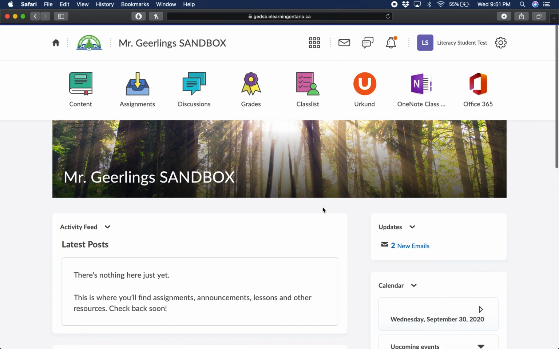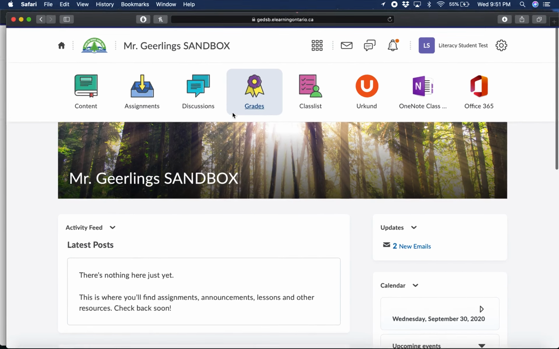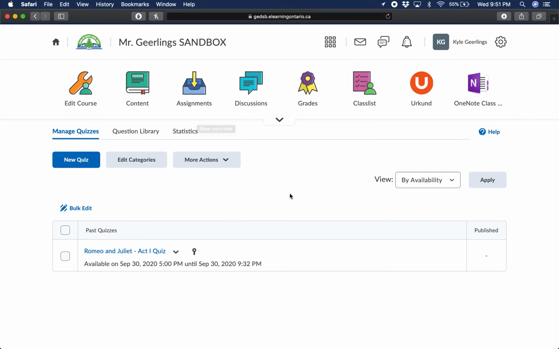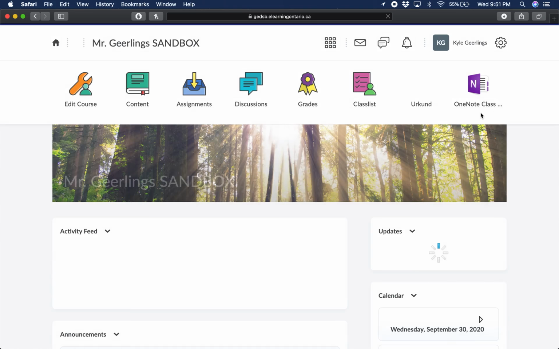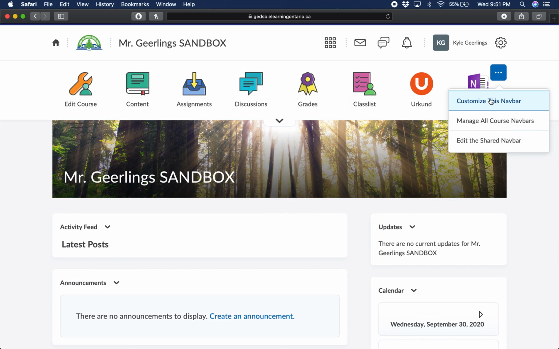I can't see it because the teacher hasn't actually added the test icon. There's no way for me as the student to get to this quiz. So I'll show you how to do that. Basically, you can go into the nav bar and customize it and add a